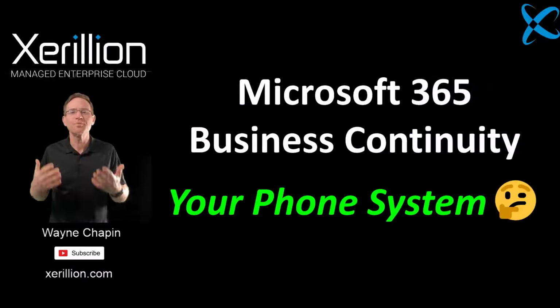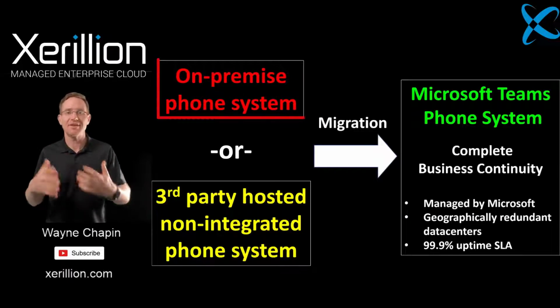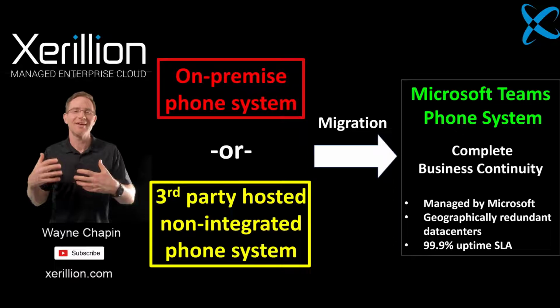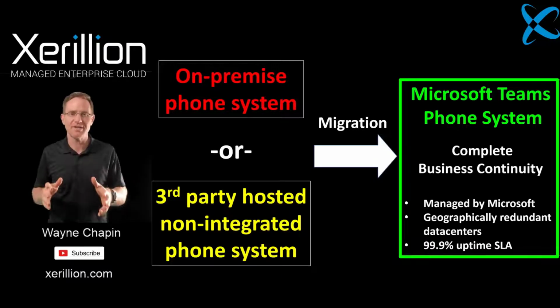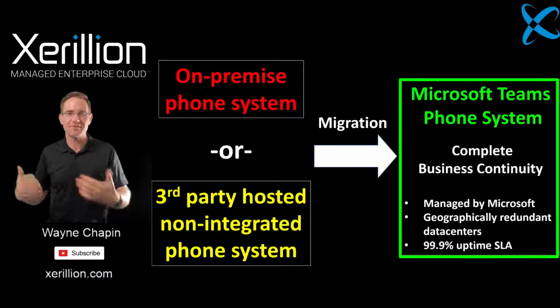And when it comes to true business continuity, let's not forget about your company's phone system as part of your planning. Most companies have either an on-premise phone system or a third-party hosted phone system that isn't even integrated with their IT system, which is crazy. Migrate your company phone system to Microsoft Teams and complete your IT business continuity with the Microsoft Teams phone system,